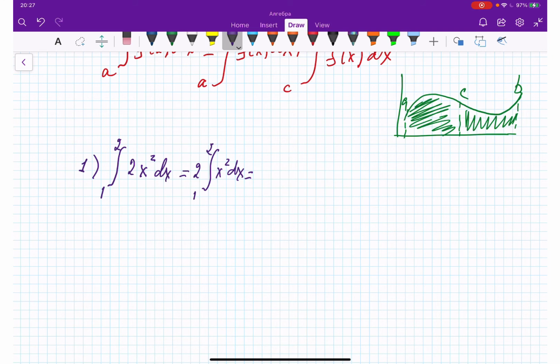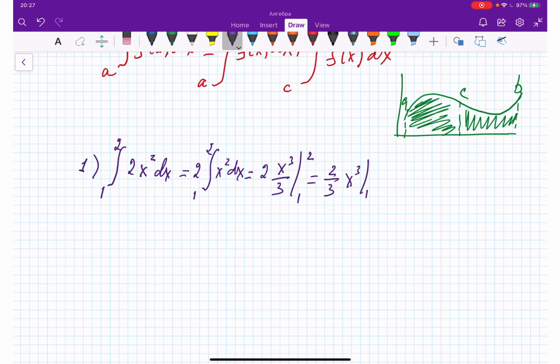so it's going to be 2, and the integral of x squared is x cubed over 3, right? With the range 1 and 2, which means I'm going to take 2/3 out, and x cubed from 1 to 2. This is equal to, since 2/3 is a common factor, x cubed, which is 2 to the power 3 minus x is 1 to the power 3, and we are getting